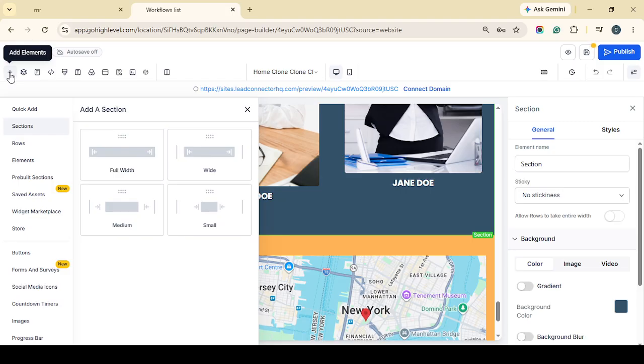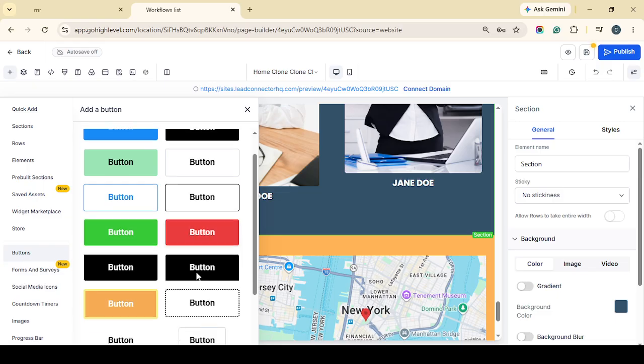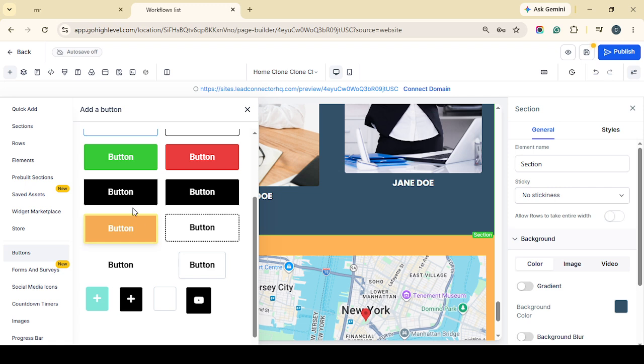Inside the settings, look for the divider style dropdown. Here, you can choose between solid, dotted, or dashed. A solid divider gives you a clean and classic line, which works well in most layouts. A dotted divider feels a bit softer and more decorative, while a dashed divider can add subtle, visual interest without being too bold. The best choice depends on the style of your page and how noticeable you want the separator